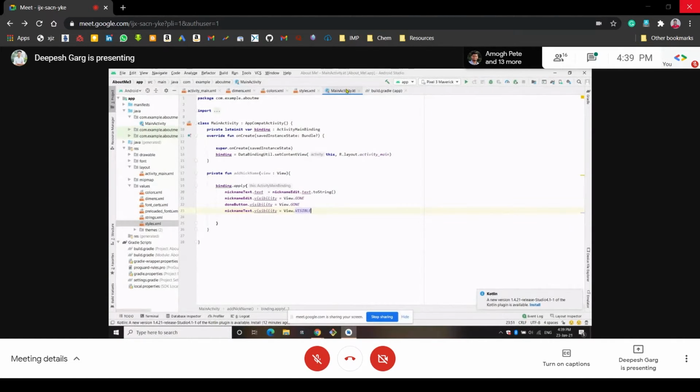Okay, so we have created the add nickname function. Whenever we click on the edit text view and write something, it will add the nickname, and now the edit text view will be gone, the done button will be gone, and the hidden text view will be visible now.